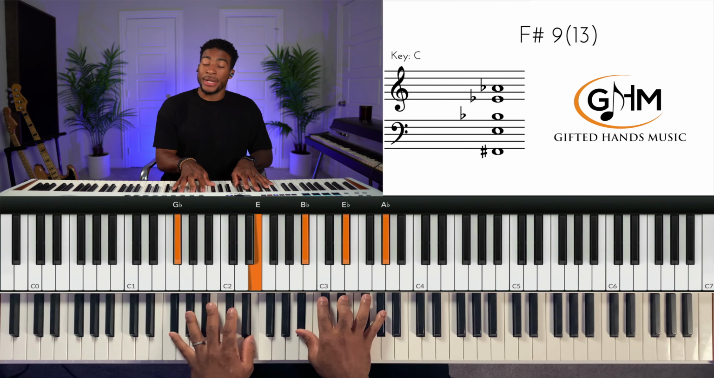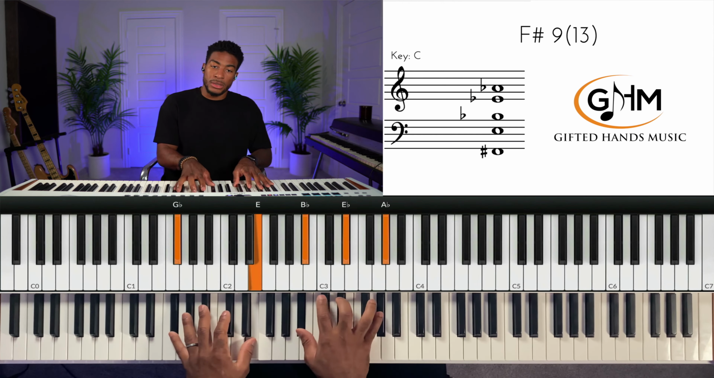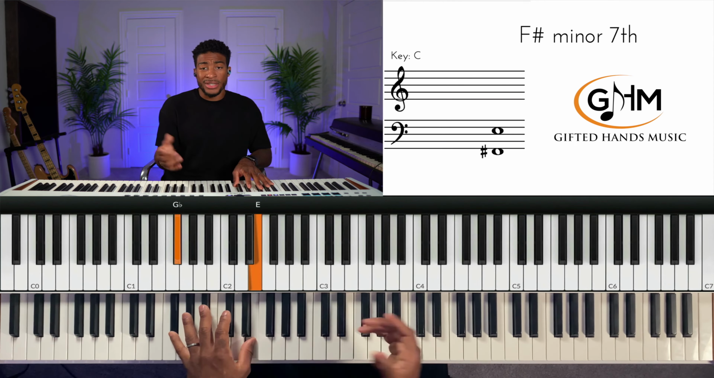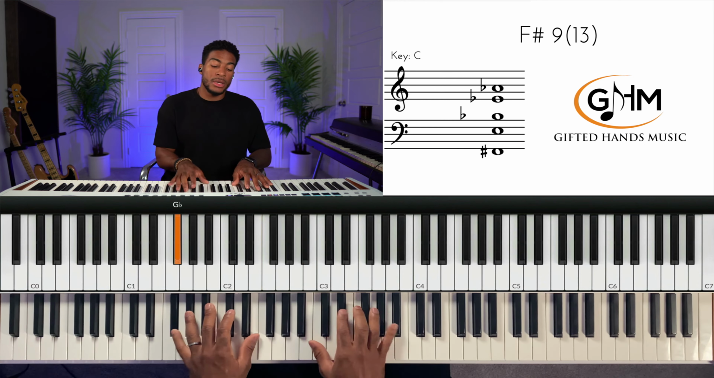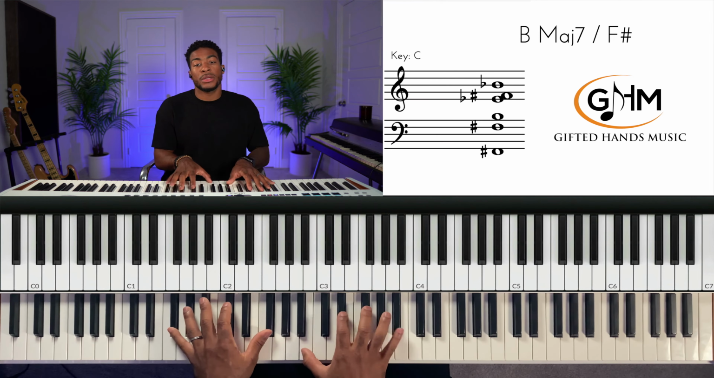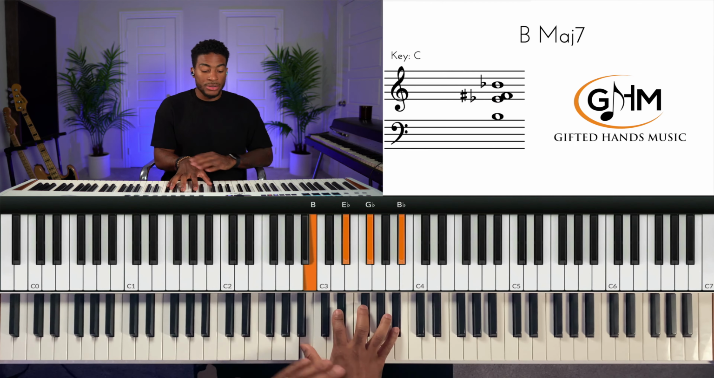Then we're going 1 dominant. So we're going from major to dominant. And I like to extend this and make it like a 13 or some type of extended chord. So 1 dominant. And then we're going to do like a 4 over 1, which is B major over F